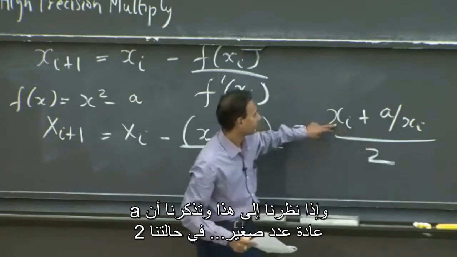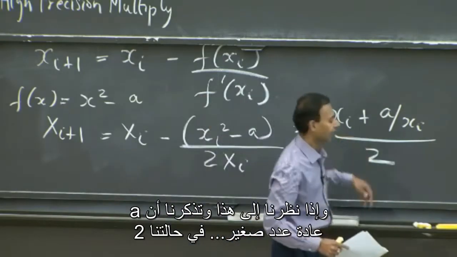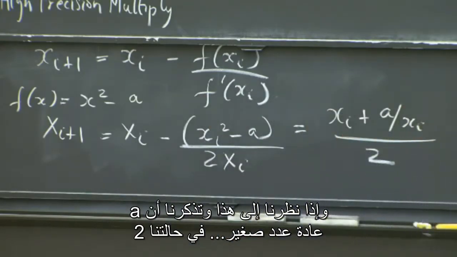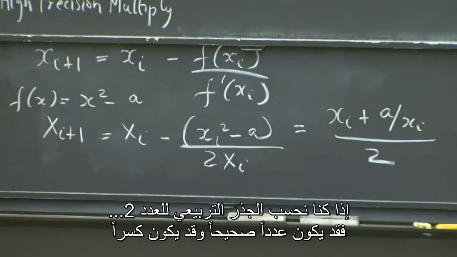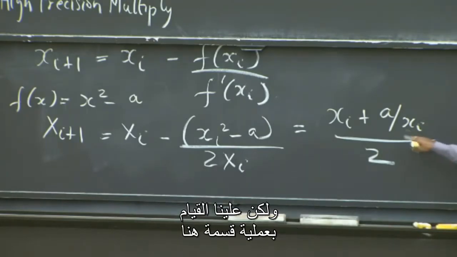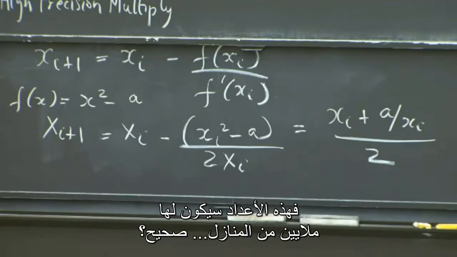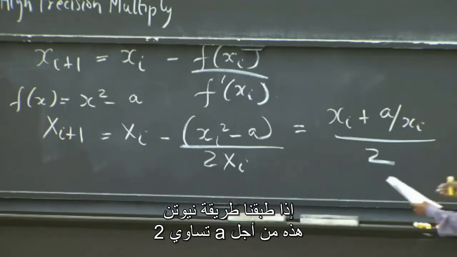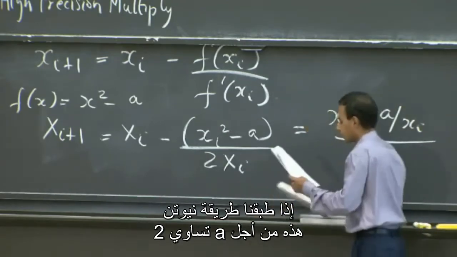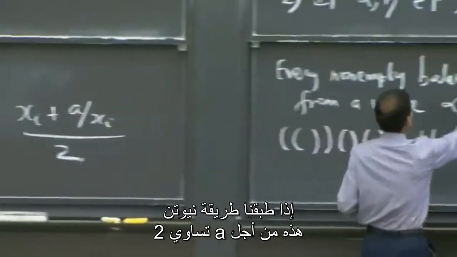And if you look at this, remember that a is typically a small number. I mean, it's 2 in this case if you're computing square root of 2. It may even be an integer, maybe a fraction. But you have to do a division here. And remember that since we want to compute things to millions of digits, potentially, these xi numbers are going to have millions of digits, right? And so if you end up running this Newton method on a equals 2,